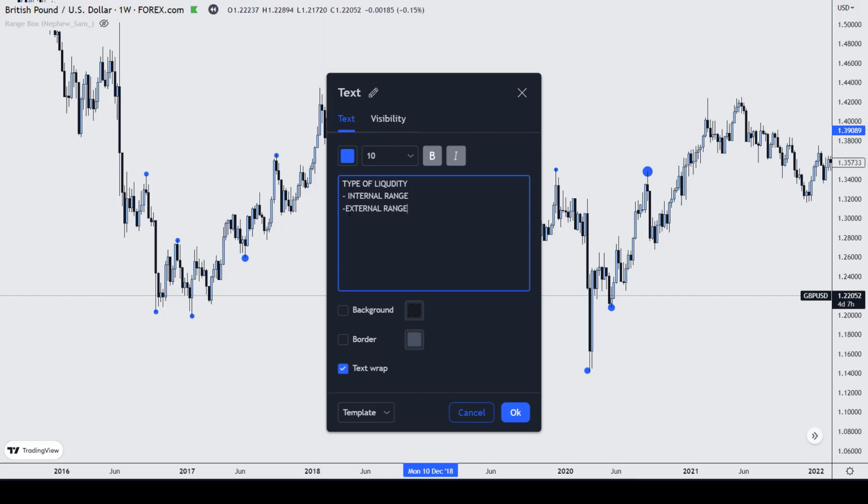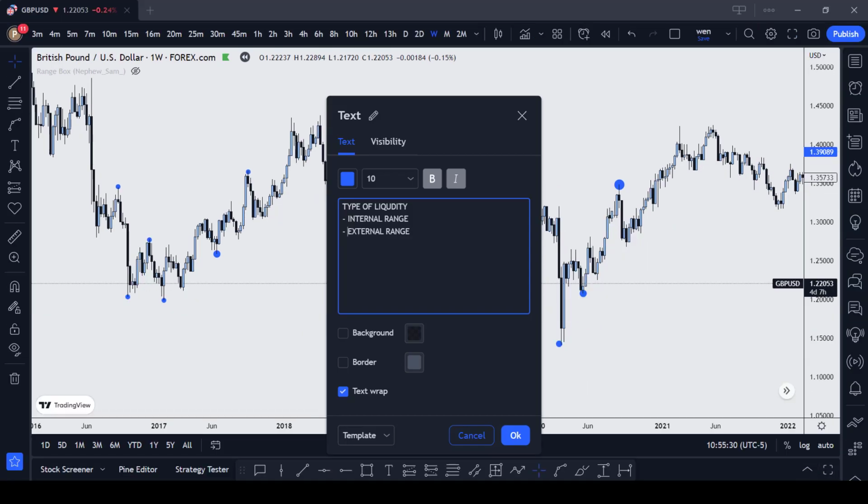External range liquidity. For external range, it could be old highs or old lows,